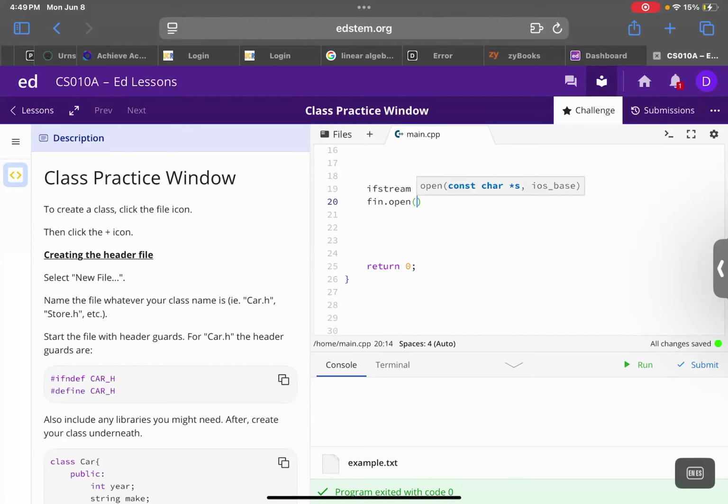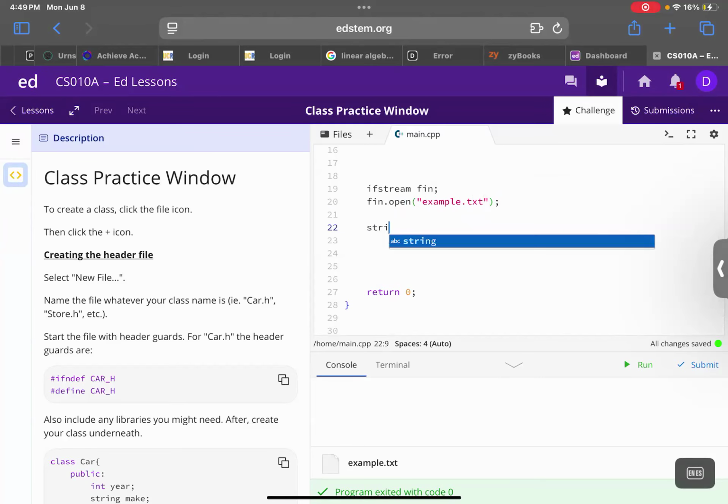And then we are going to use the same file we just created, example.txt. Okay. And then we need to declare the string. And now, since the assignment asks us to read the full data to the console,